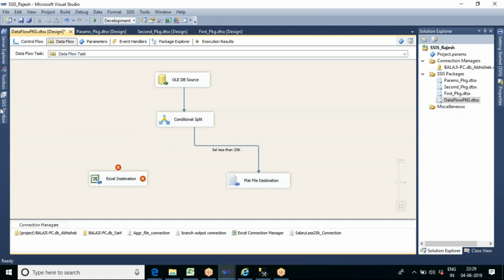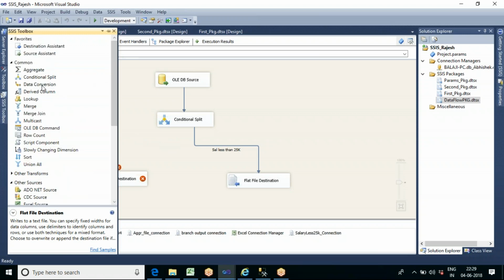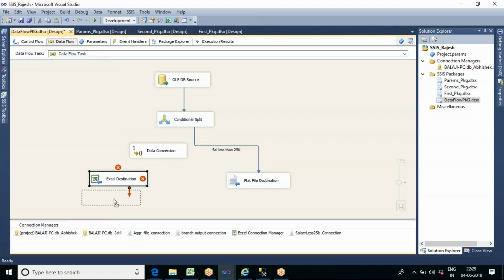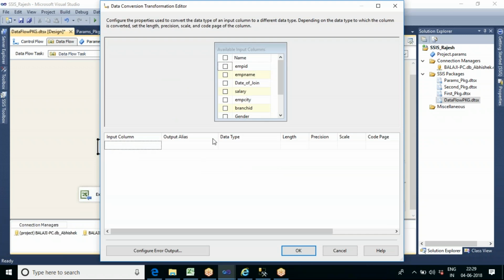we have one more transformation called data conversion. You can see we have a transformation called data conversion, especially to convert the data types from one format to another format. Let us go to this, put the initial data in the data conversion. So there is a problem for employee name. Now let us go for employee name. Here you can see it is coming as string and it is not accepting that.